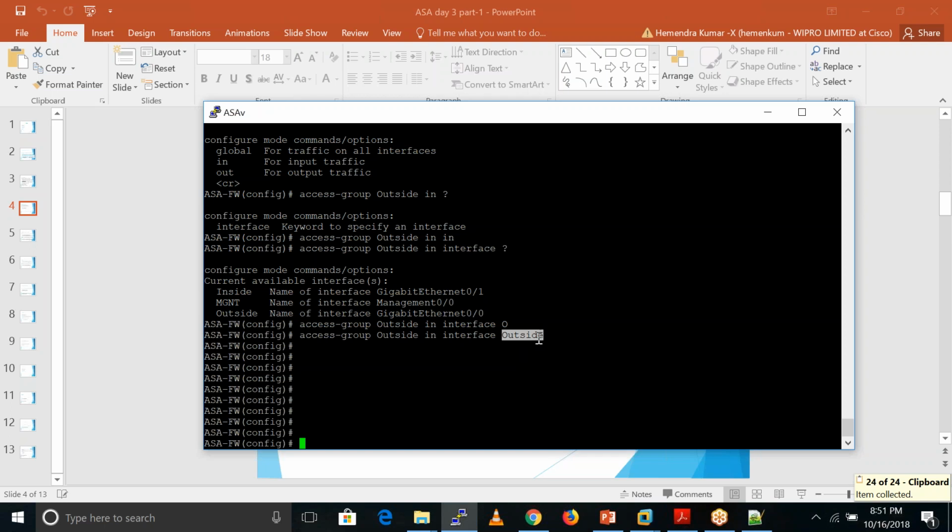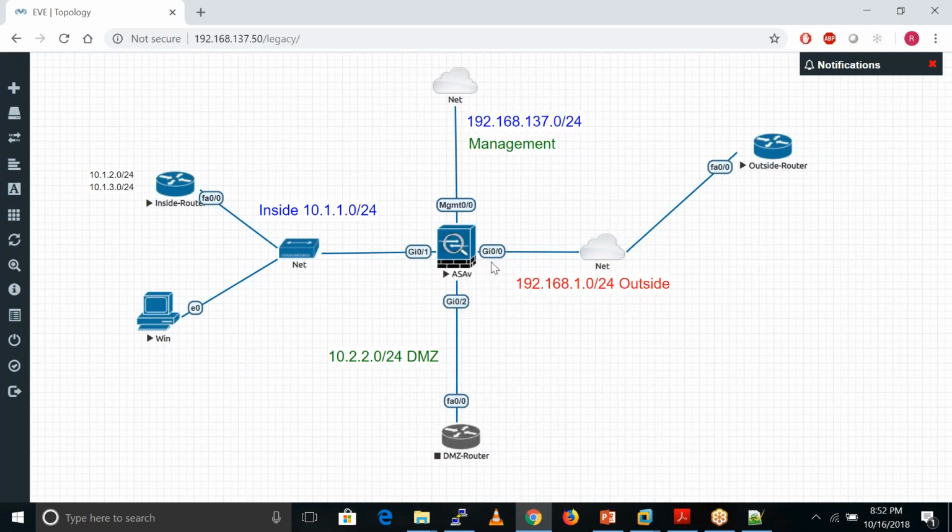So we are applying this ACL in the inbound direction of a particular interface, for the traffic coming into this interface. The traffic leaving this interface is the outbound traffic.